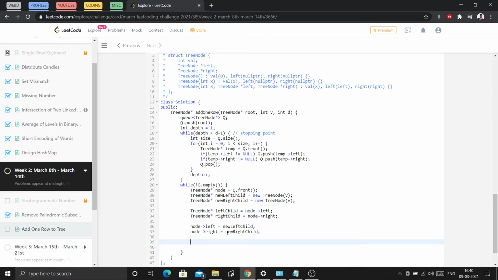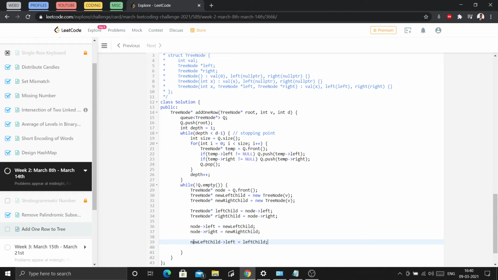Now I will connect the previous left subtree, which was this, to the new left child, which we can do as new left child's left equals left child.